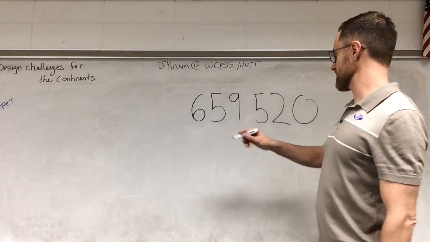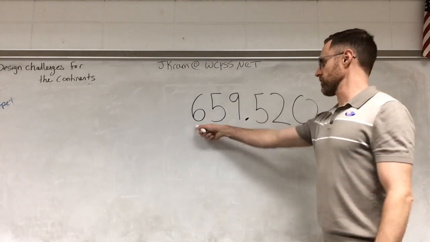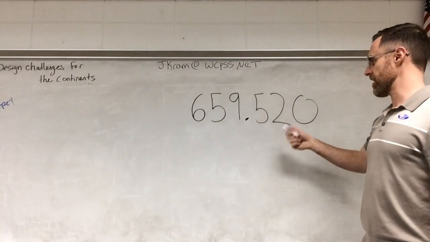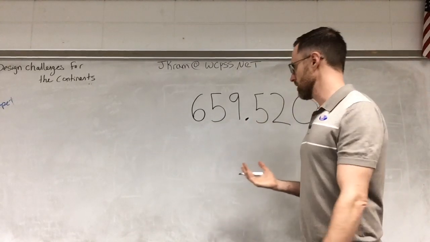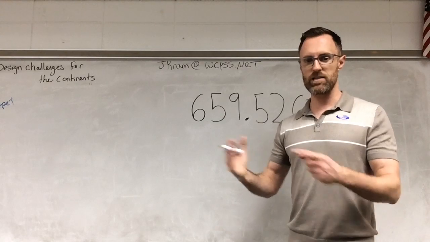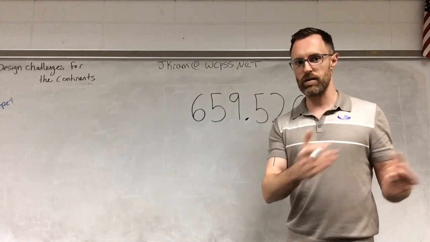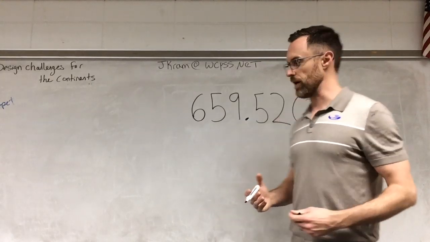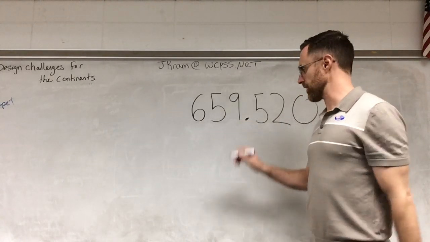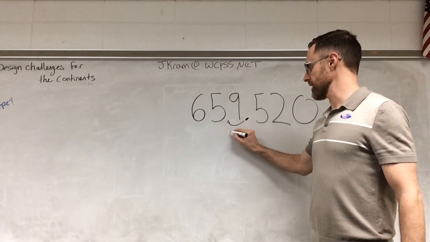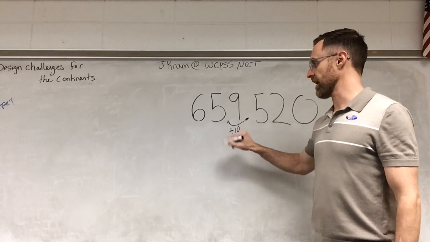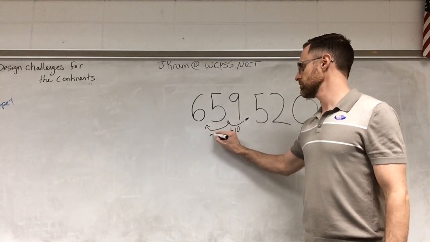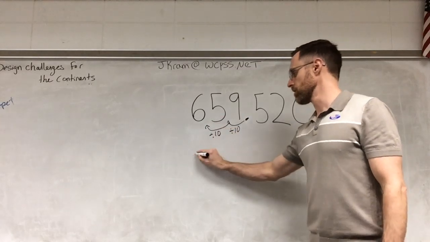That if I have the number, let's say 659 and 520 thousandths, that I can hop the decimal around by dividing by 10, 100, 1,000, or multiplying by 10, hundreds, thousands. It's groups of 10, okay? If I wanted to shrink this number down, I could divide by 10 and slide the decimal right there. Keep going. Divide by 10. Okay. My new number,